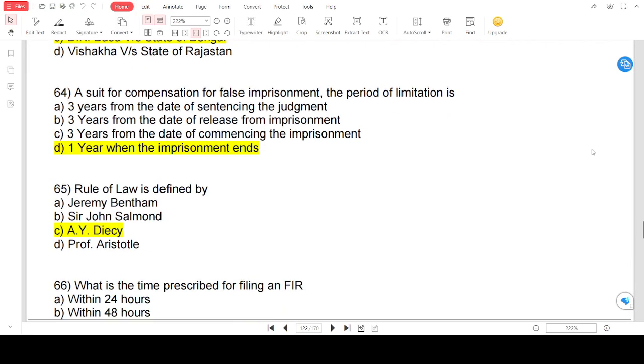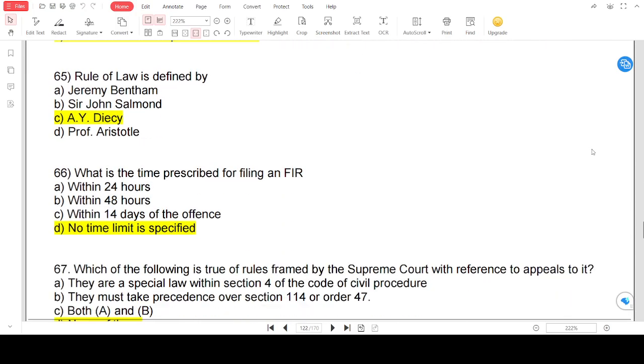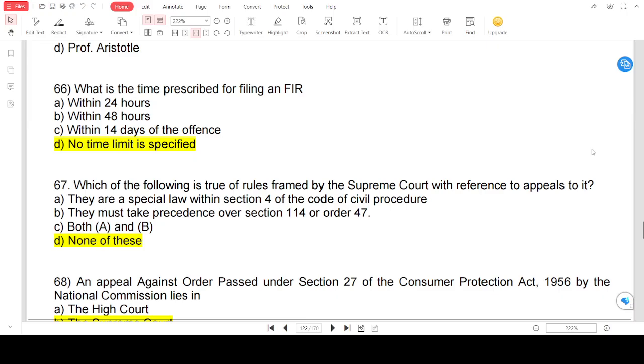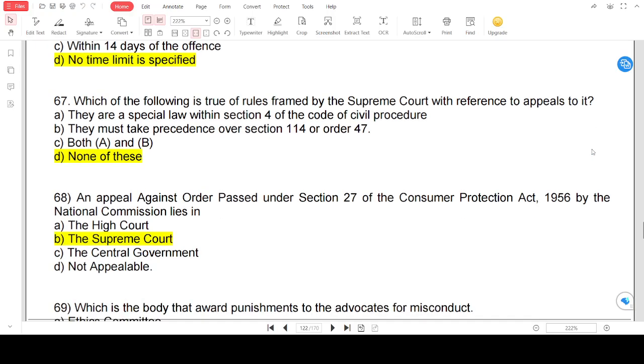Rule of law is defined by AIBE. What is the time prescribed for filing an FIR? No time limit. Which of the following is true for rules framed by the Supreme Court with reference to appeals? None of this. An appeal against an order passed under Section 27 of the Consumer Protection Act by the National Commission lies in